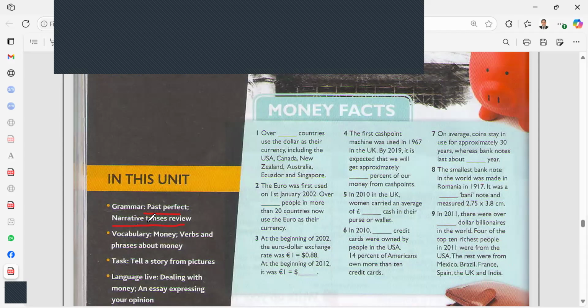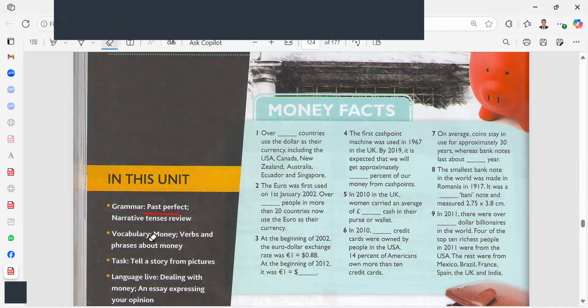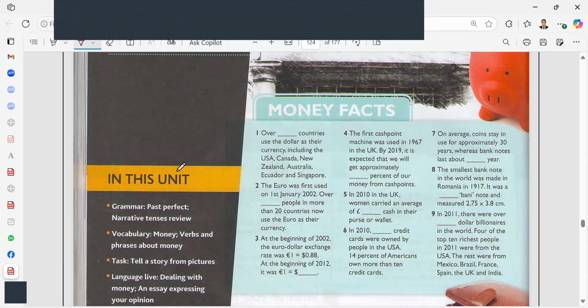What do I mean by narrative, Yajud? Narrative means telling a story. If you are going to tell a story or write a short story, what tenses should you use? Do you remember? When you write a story, we usually write about the past. So in your story, you should use past simple, past continuous. And today, inshallah, you should learn how to use past perfect. This is also another important grammar lesson.